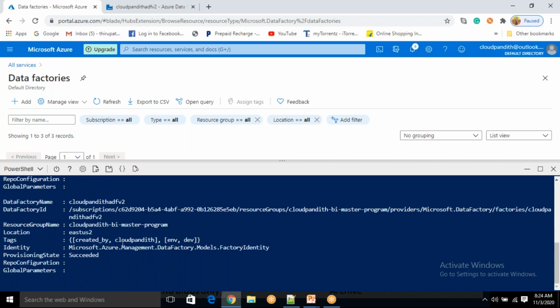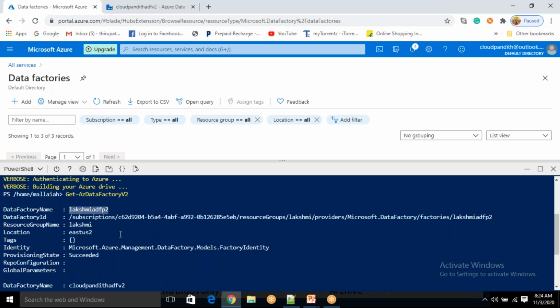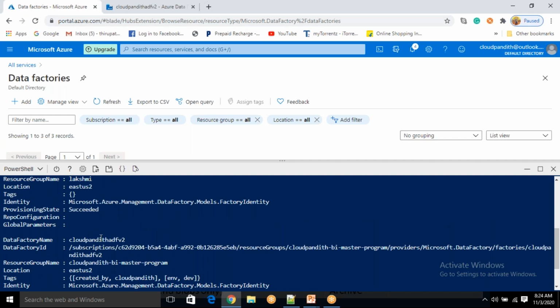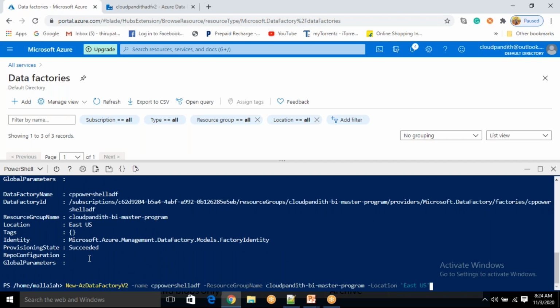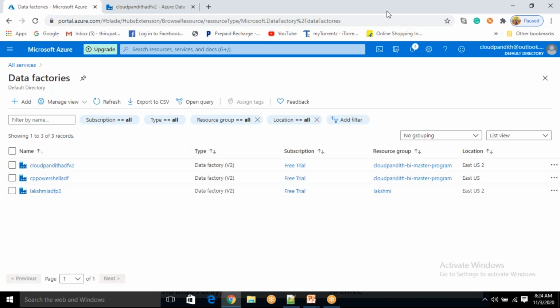I don't know why it is getting stuck. Okay, fine. Here you can see the names. Now I got the name. So this is the first ADF we have. Then this is the second ADF I have. Then yeah, this is the third ADF you have. So it is getting all the ADF, right? So if you want to get the ADF details, you can get it. Okay, see Get-AzDataFactoryV2. Clear, Parmesh?